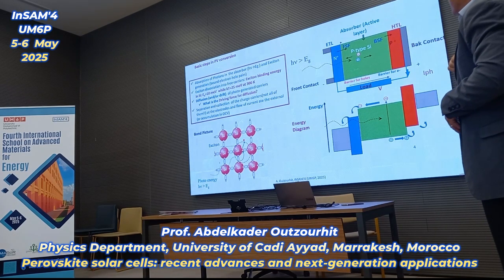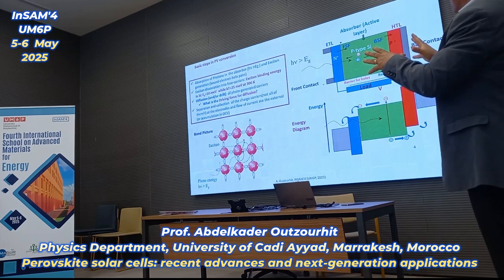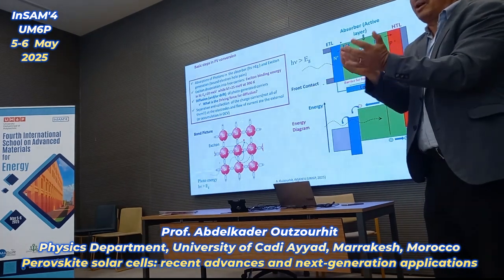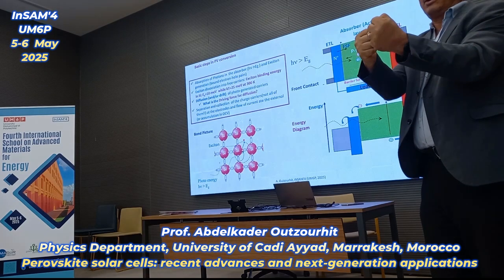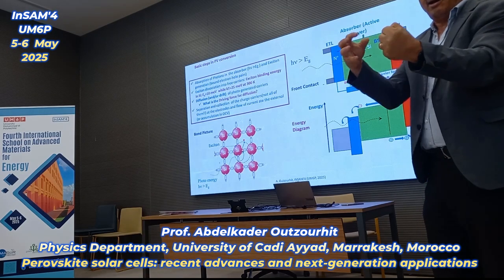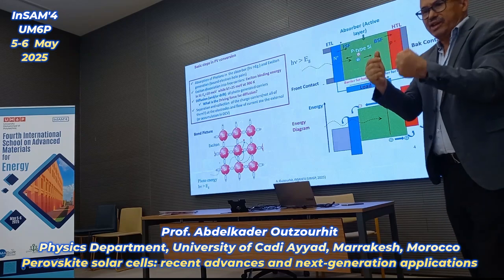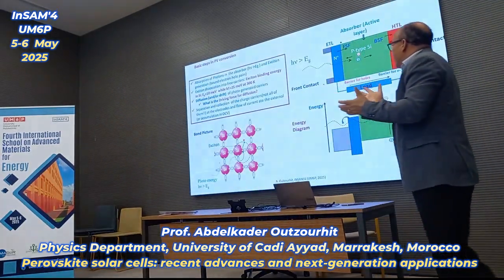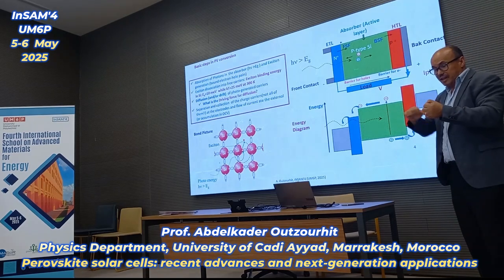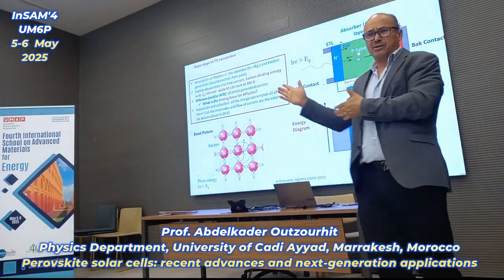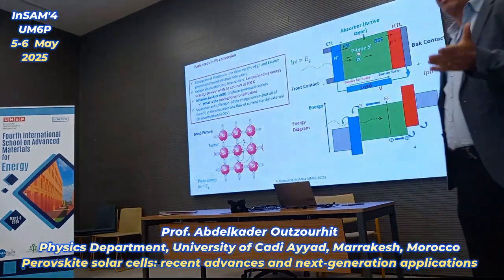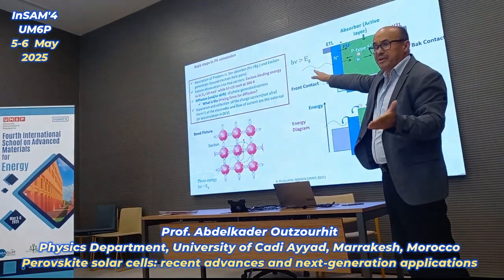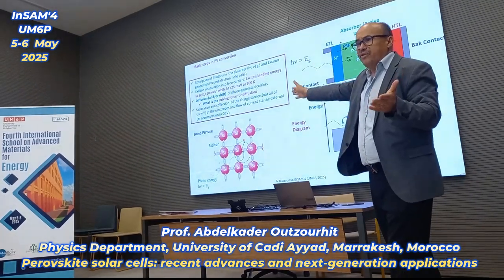So, but the only problem is when you excite the electrons, you don't create immediately free carriers. We create what we call an exciton because the electron and the hole are tied by an electrostatic force, because it's a positive charge and a negative charge. Luckily, in semiconductors like silicon, that binding energy is very low. It's on the order of, let's say, 10 milli-electron volts. So they are dissociated at room temperature, because the thermal energy is about 25, so it's higher than